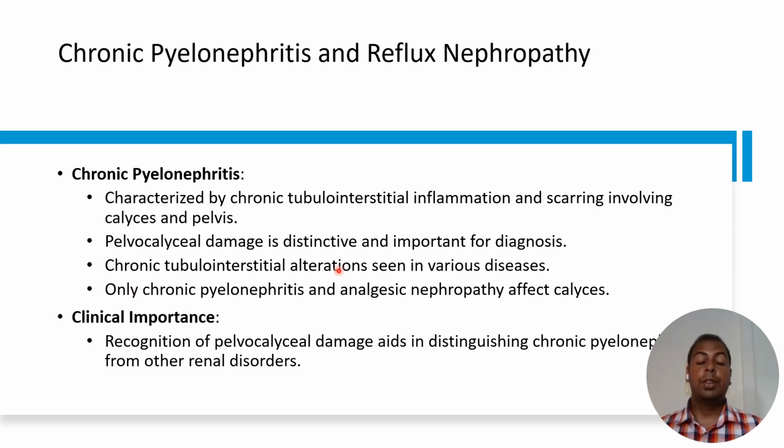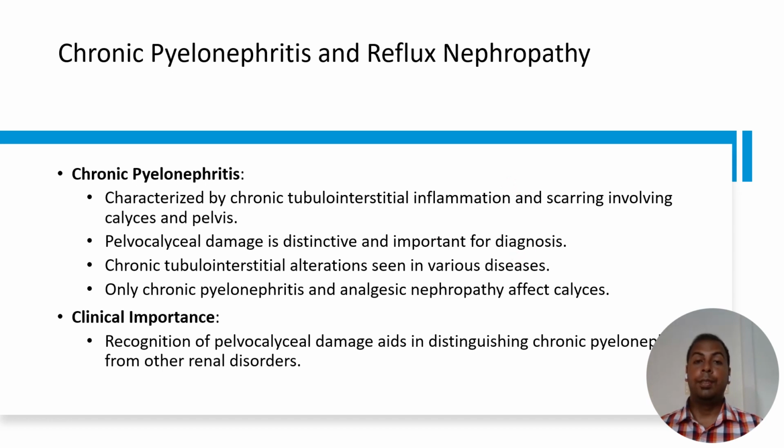Chronic tubulo-interstitial changes are seen in various diseases, but only chronic pyelonephritis and analgesic nephropathy would affect the calyces of the kidneys. So the clinical importance of this is the recognition of pelvocalyceal damage aids in distinguishing chronic pyelonephritis from other renal disorders. So this is an important point in your differential diagnosis to differentiate chronic pyelonephritis from other